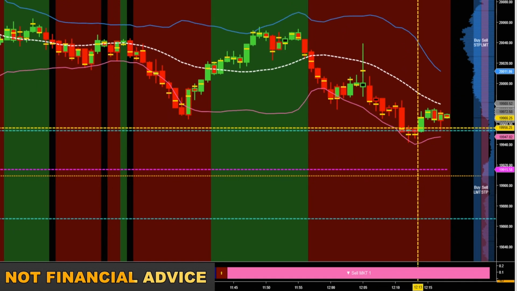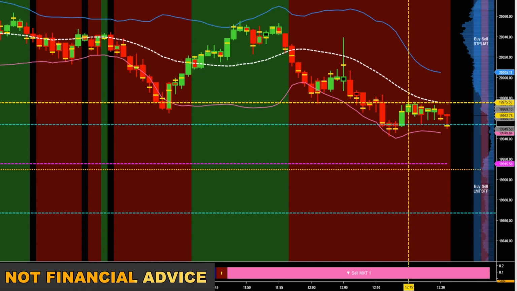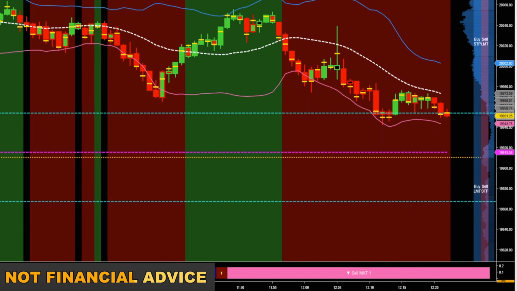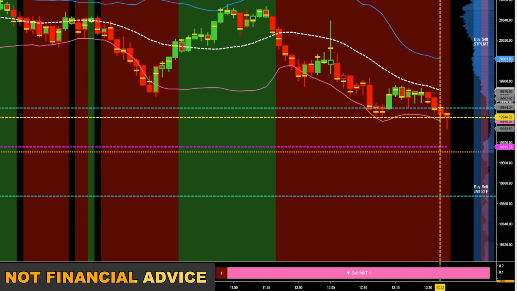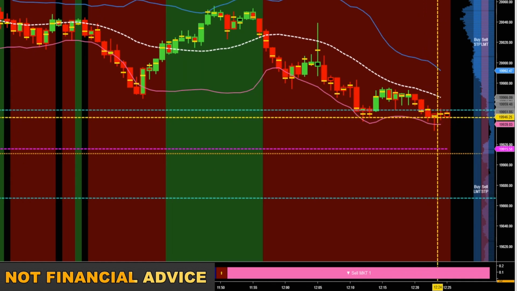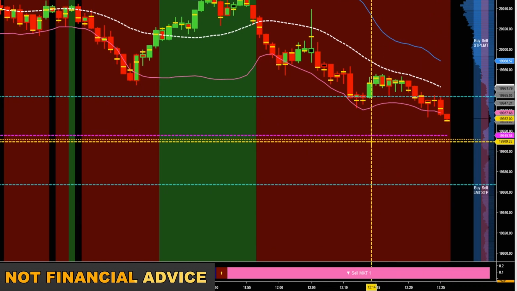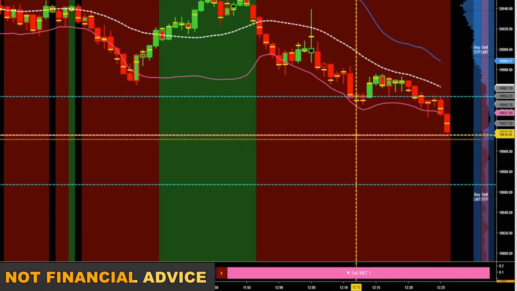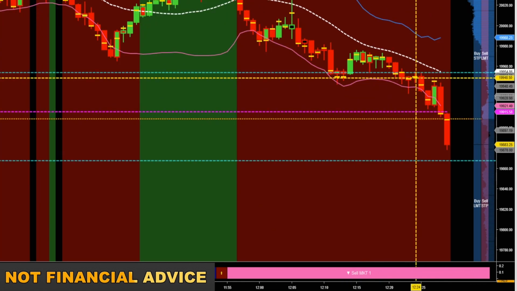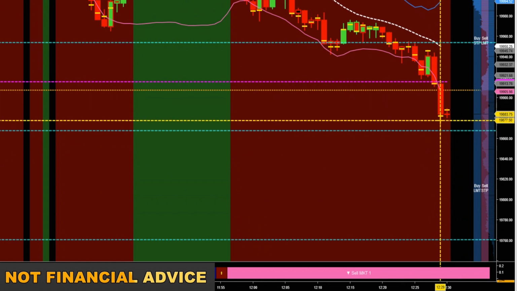We took a break out of one of these two wicking candles. There's 15 points of potential scalping there. Now we've got a solid close below previous day VWAP close. As long as it stayed below, I'd be looking for shorts and to retest the next key level, which is the pivot point on this chart. Price stayed below, we came down, touched the pivot, broke below the pivot, looking for the next key level, which